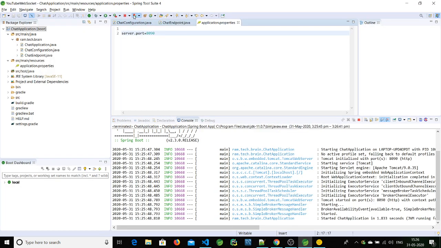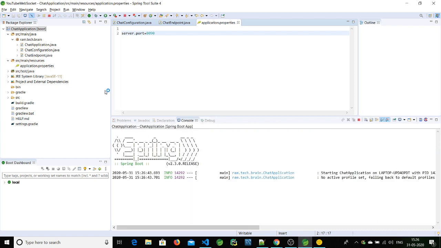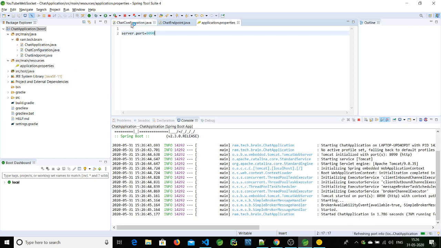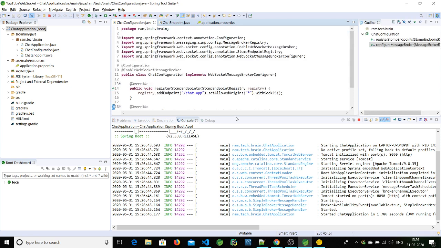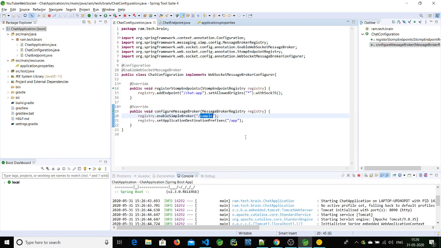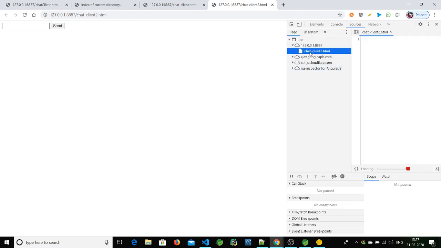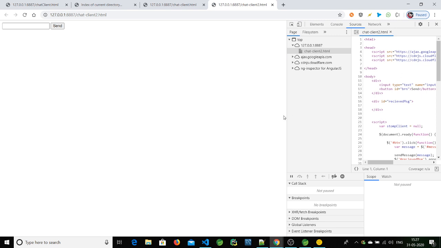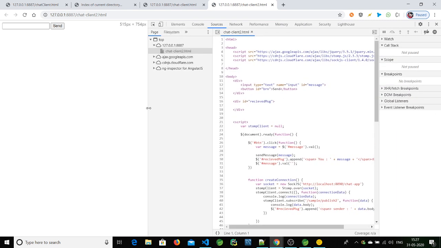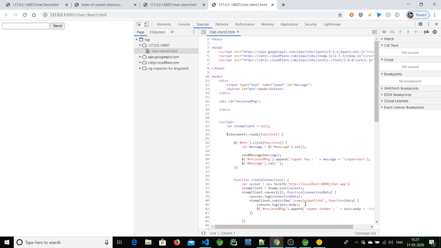Let's refresh this. Chat configuration file. So let's see what is happening here. So sample publish to,